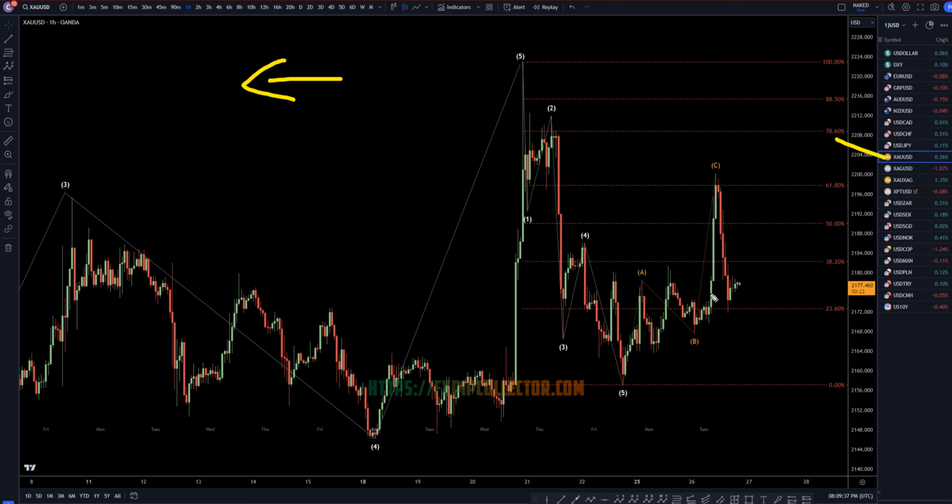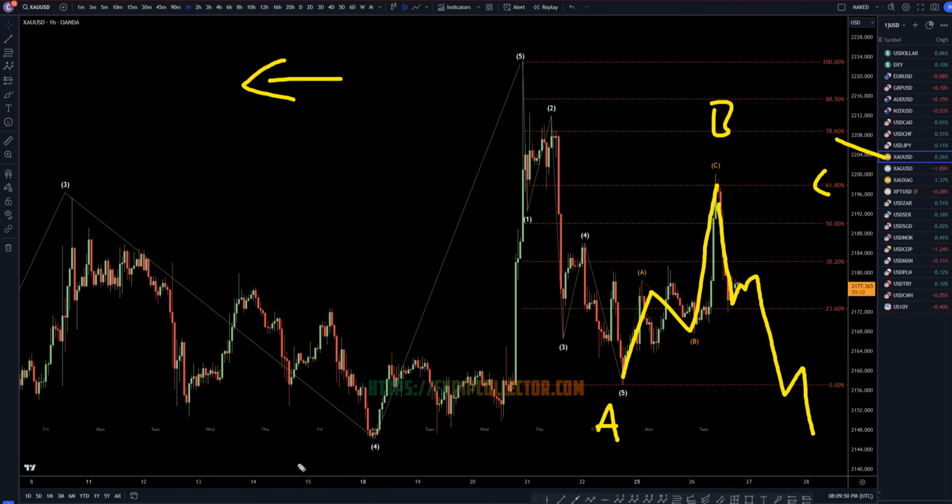So gold did make a pretty good push down right at the 61% fib. It definitely looks like a downtrend, probably a wave A. Looks like 1, 2, 3 waves up, which I think looks like a wave B. I think more than likely this is going to keep on going down, probably for a wave C, probably take out the low of wave 4 over here, and then maybe we'll make a correction to the whole move up on the daily time frame, or maybe it'll just reject this wave 4 structure and continue back up.